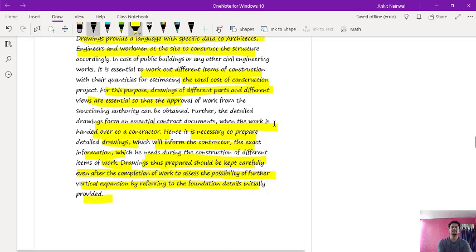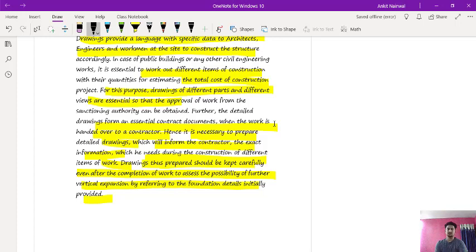By keeping these drawings, you need to keep these drawings. By keeping this drawing, in future, if you want to expand your buildings, or you need to start some renovation, or you want to expand the building from this side, or if there is some congestion in the parking, you need to build a parking area lot, or you want to increase the height of the building further, more floors